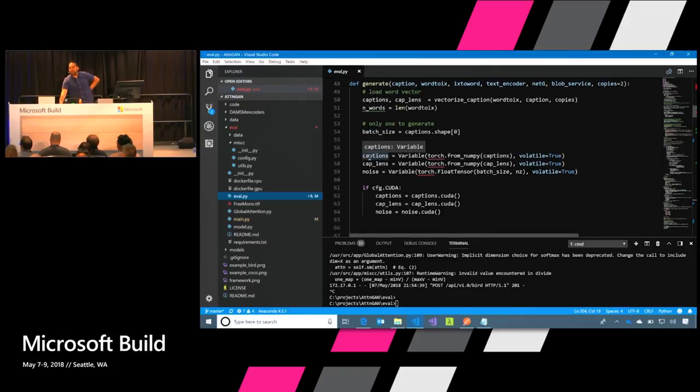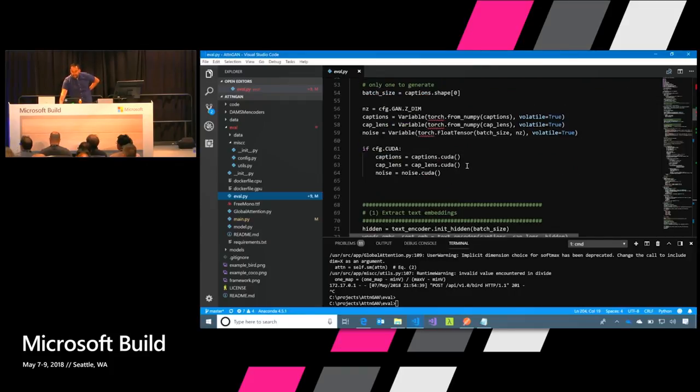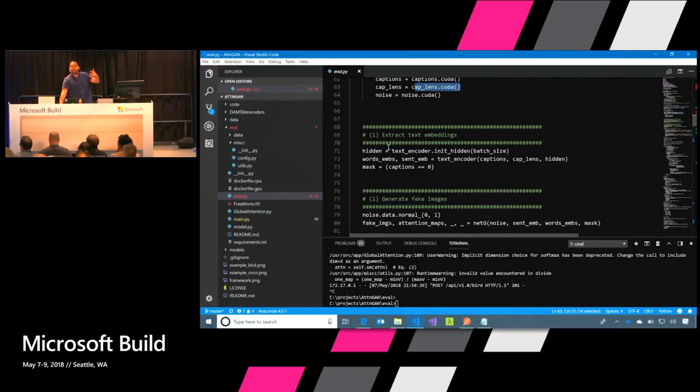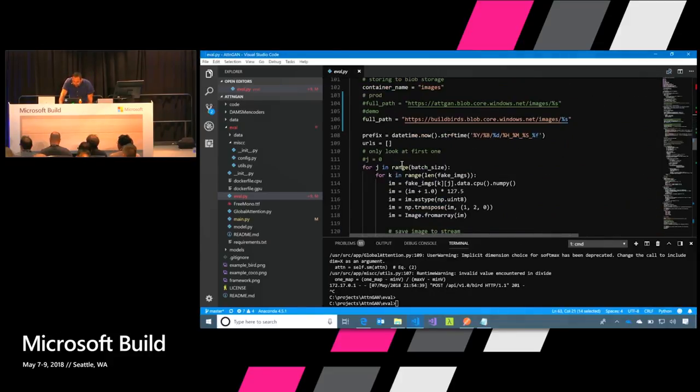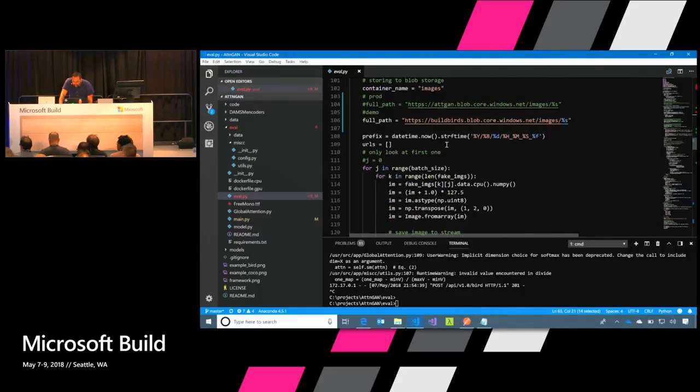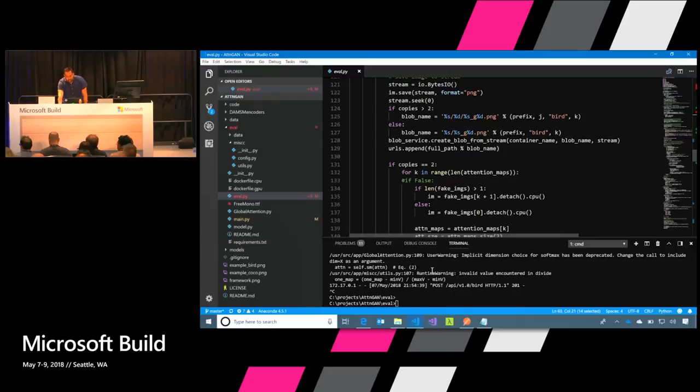So I get the captions, and I get the caption lengths. I check, for example, if there's a GPU available, and then I go through, generate the mappings from the words to the actual image, and then I generate the export. That's it. I'm literally just calling it, generating it out. Now, here's the thing. I'm going to run this now so you can see it actually running.